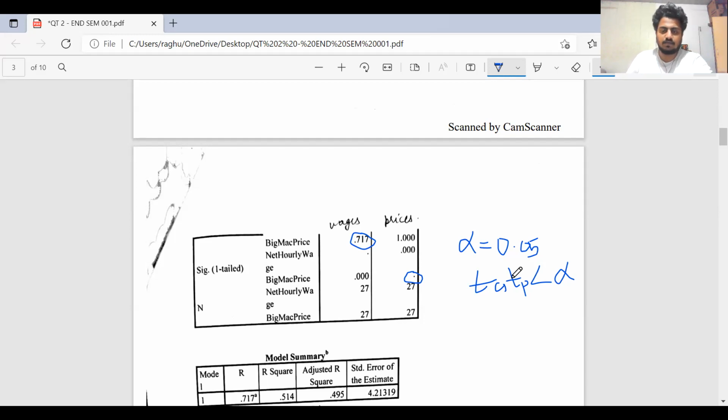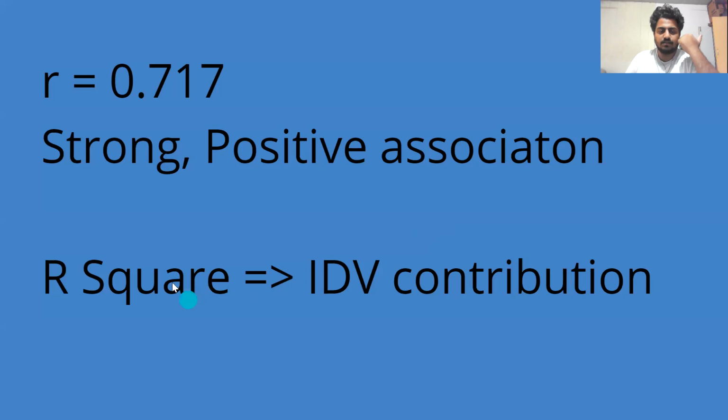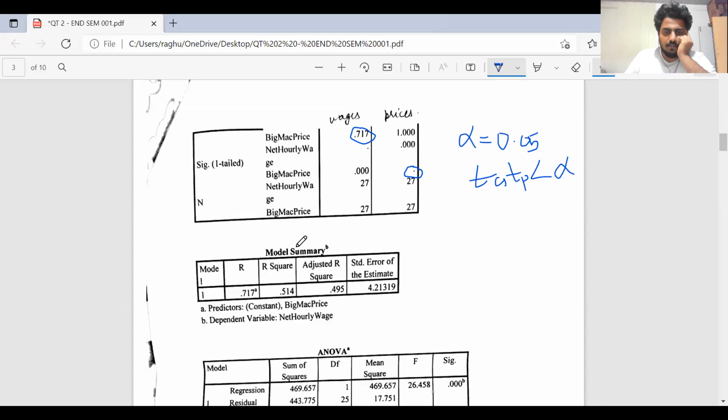That is a solid conclusion that we get out of the probability test. So the hypothesis is also validated. Now the next validation will be the R square validation, which is the contribution of the independent variable. Now coming back to the question, when we come here, this table gives every value in brief.